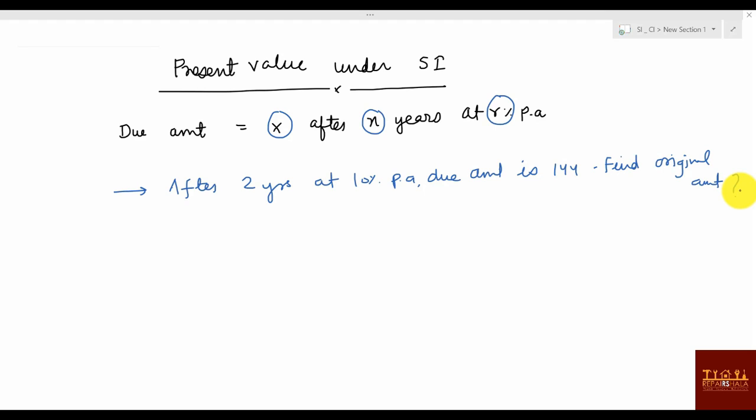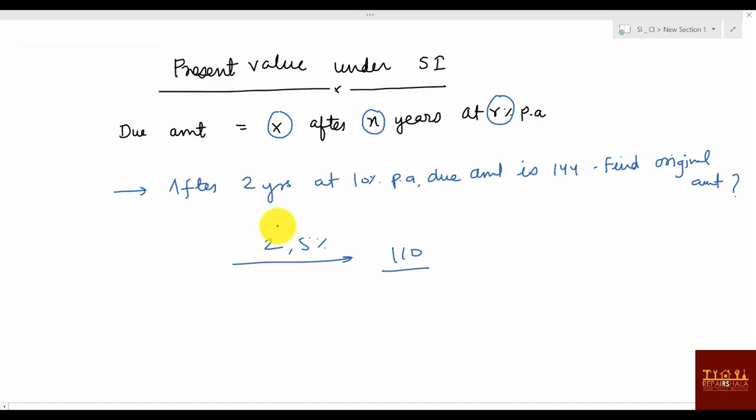Okay. So now I'll tell you what the due amount is. Due amount is the thing which you have to pay. Suppose you have taken 100 rupees from me for 2 years at 5% rate of interest, and it is becoming something like 110. So I will not tell you 100, I will tell you your amount is due for 110 rupees for 2 years at 5% rate of interest. So I will ask how much I gave you.